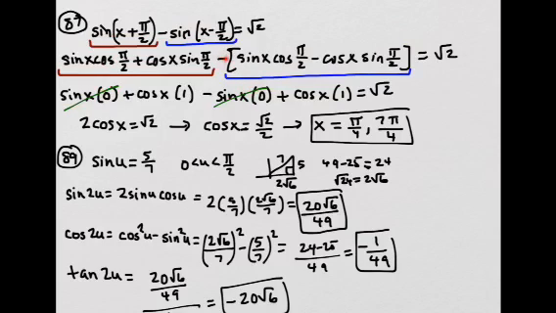Now I distributed the negative, so minus, and then when I distribute the negative here, it becomes a plus. Sine pi over 2 is a 1, so that's here and here. And so now I have cosine x plus cosine x equals radical 2, so that's 2 cosine x equals radical 2. Divide by 2 and you get this equation. And so that means that x is pi over 4 or 7 pi over 4. Okay, so that's the answer. For 89,